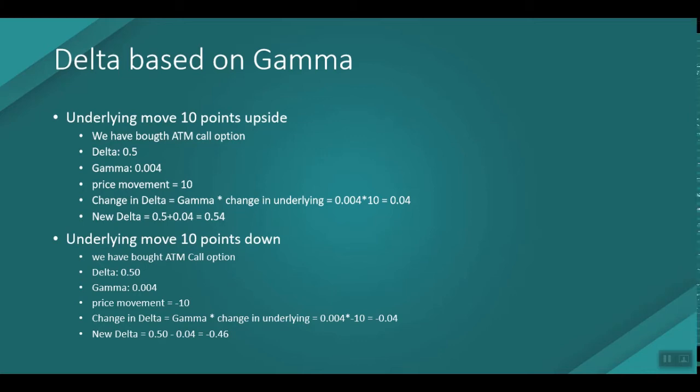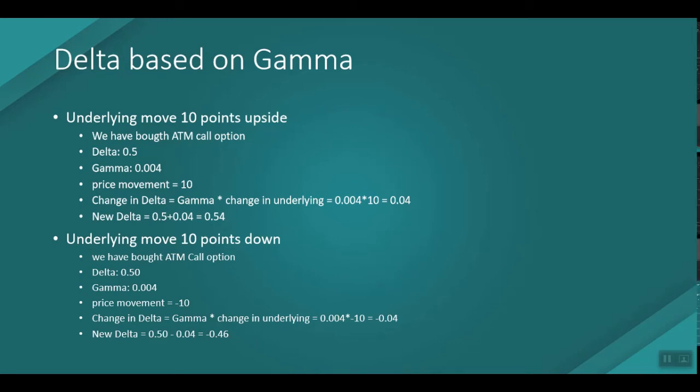If you are an option buyer and the option is moving towards your side, then the gamma will help you, because based on the gamma the delta value will increase. Initially the option will move only 50 paise for a 1 rupee movement, and after the stock moved 10 rupees, the delta has moved to 0.54.